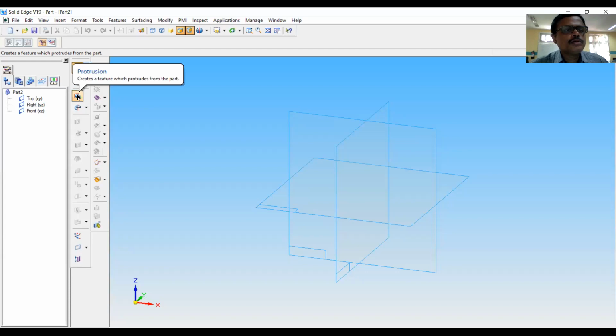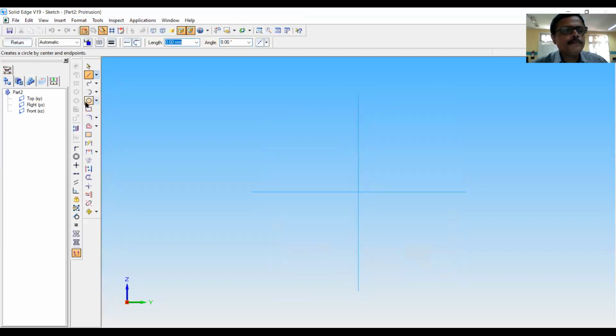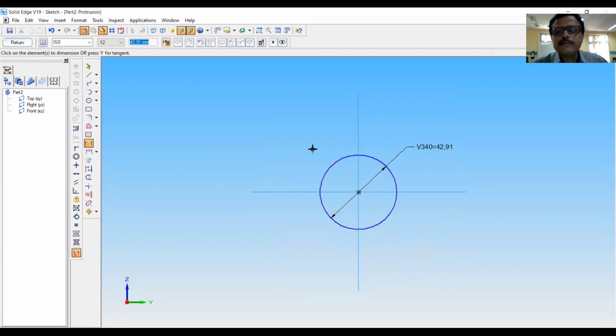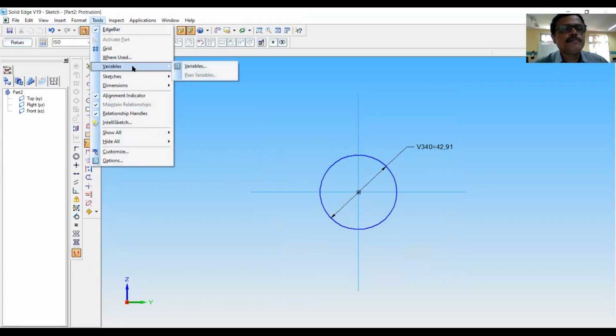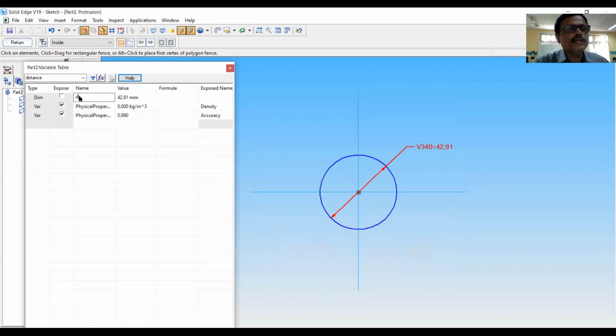Go to protrusion. Go to right plane. Smart dimension it. Make this as a variable. This is D. I will enter it as 25 mm.